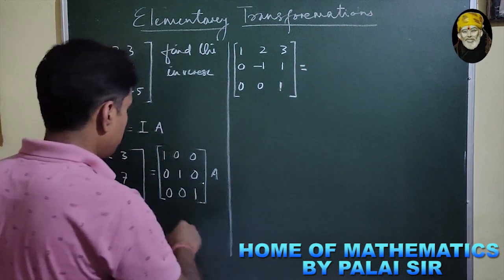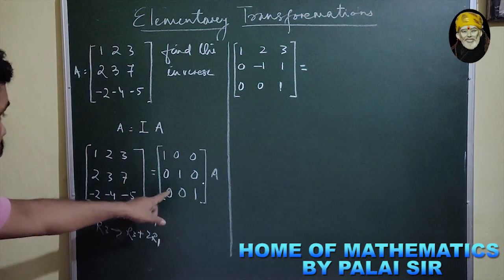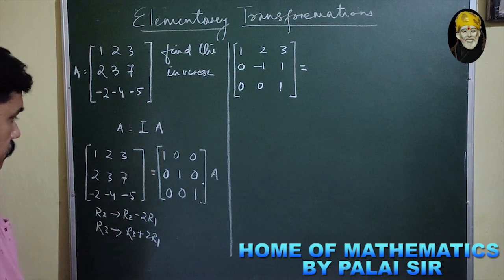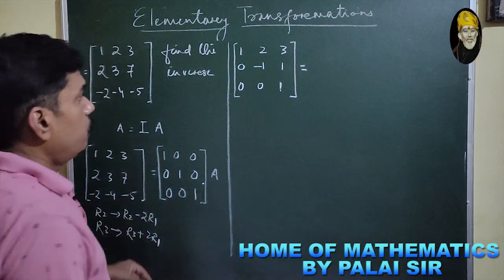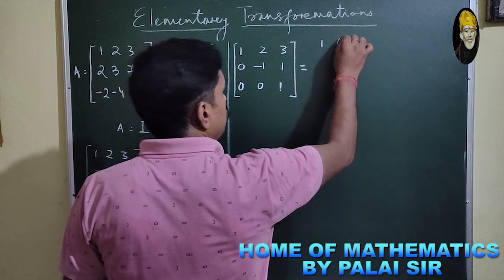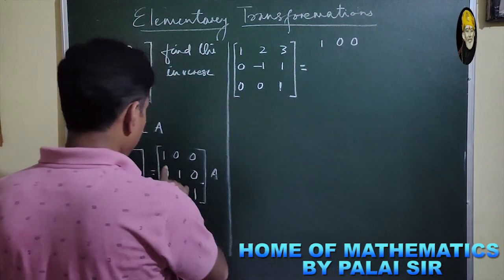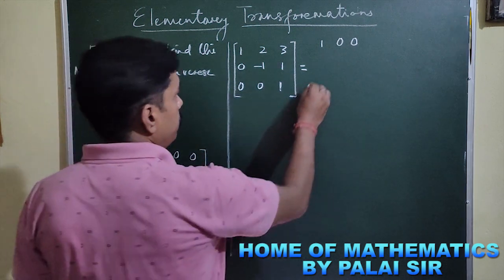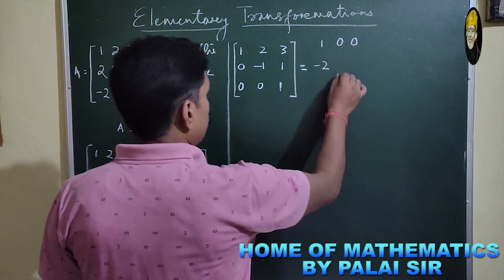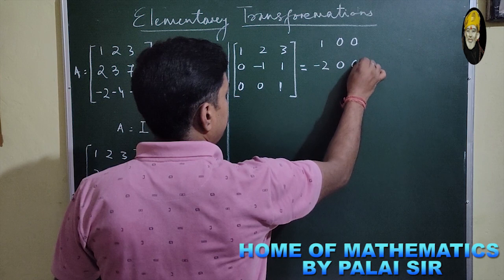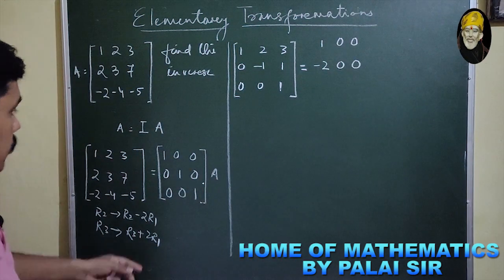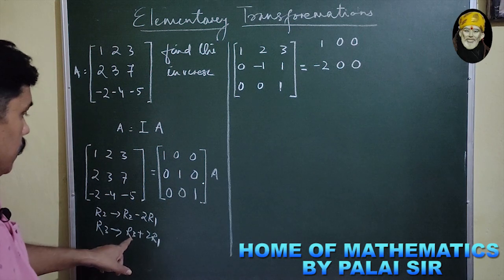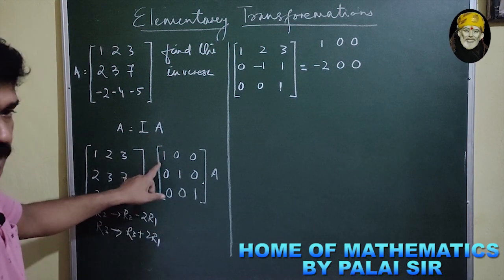The same here, you have to do the same thing here. So what will you do here? Multiply by 2, so it will be 1 0 0 1 0 0, and here multiplying 2 and you have to make it minus from here, so it will be minus 2. This will be 0 and here it is 0. Then in place of third row, what you have to write? Third row is third row plus 2 into first row.